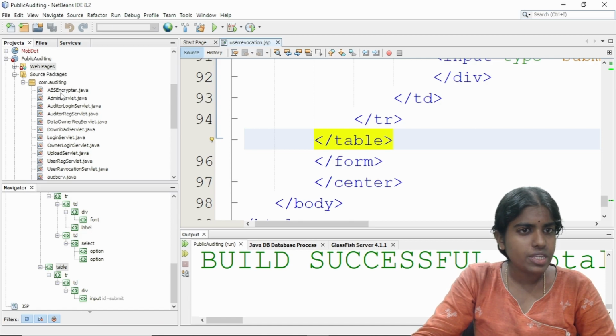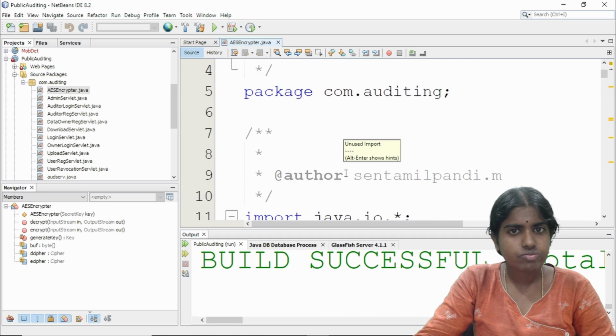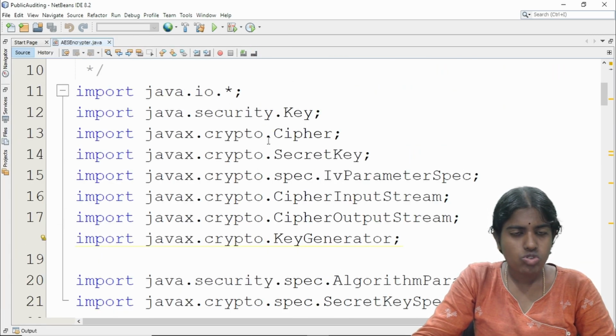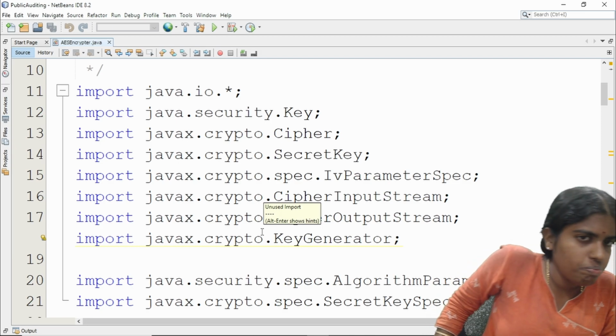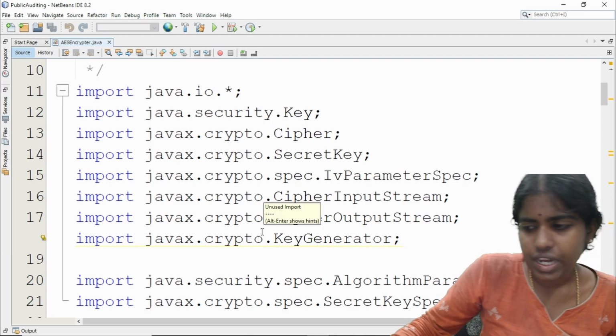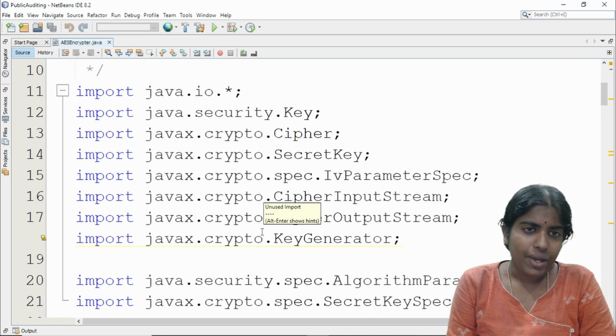Inside my source packages section, I have AESEncryptor.java. Whenever I want to write any kind of Java code, firstly I need to import the corresponding packages and libraries. What are all the essential packages and libraries?